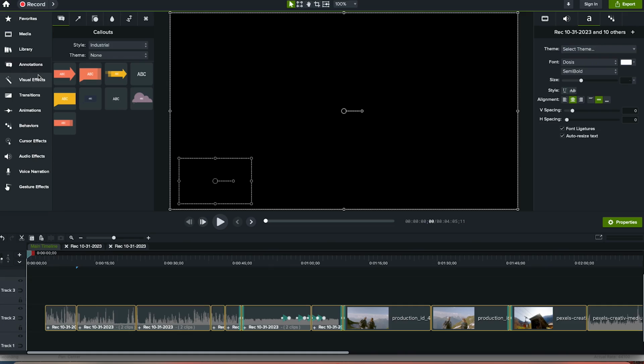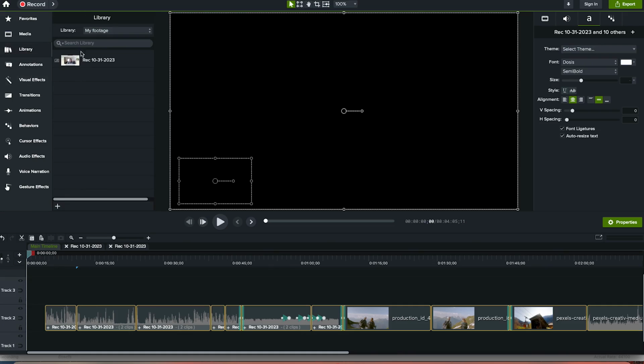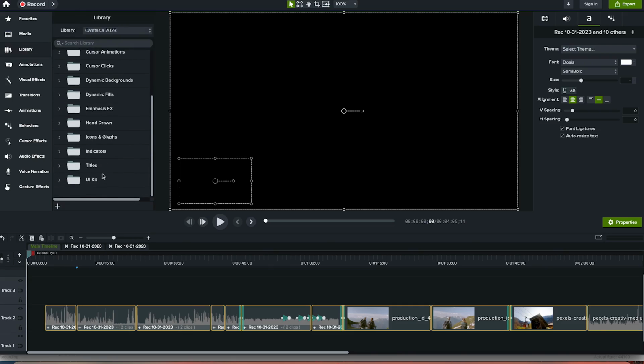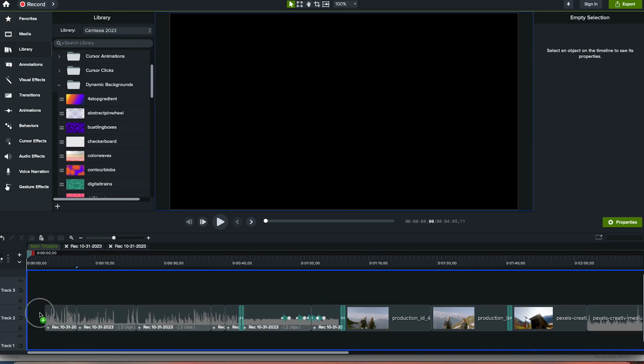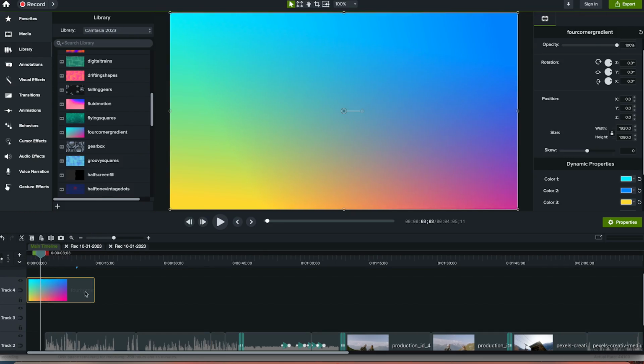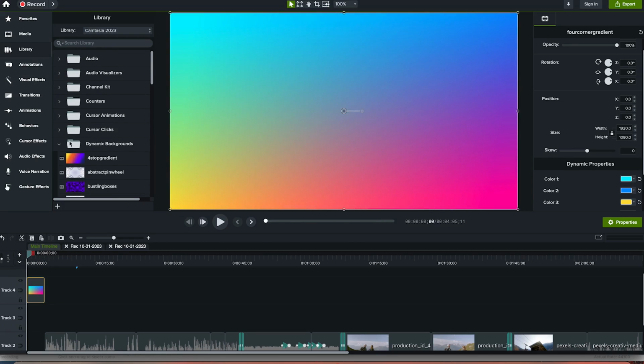Then we can go to the annotation. Let's say we go to the library and insert some background. So we can come to Camtasia, and then you can go straight to dynamic backgrounds. So you can select this, and let's drag this into the timeline so you can see a preview of it. So let's say we trim this to the edge over here. We just want to make it a simple intro,